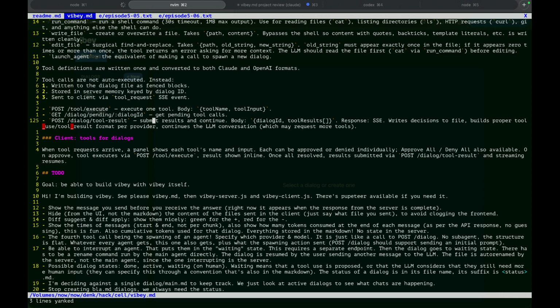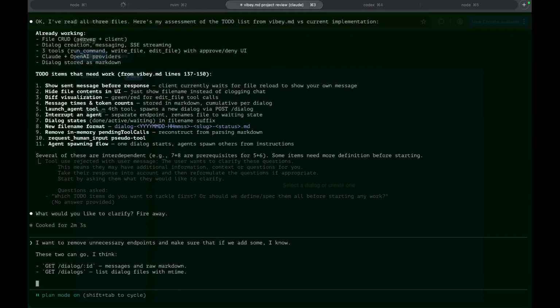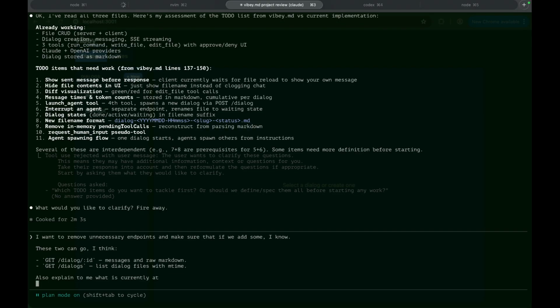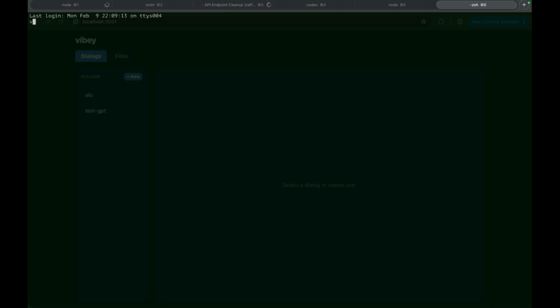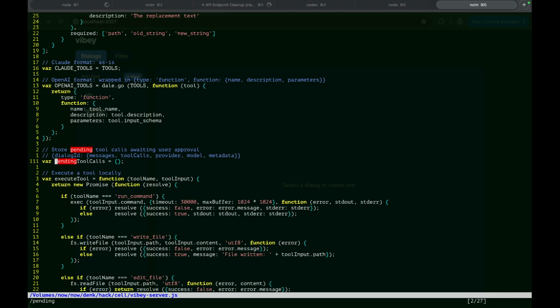Have these three. Also explain to me what is currently at... yeah, the pending tool call should not be in the server.